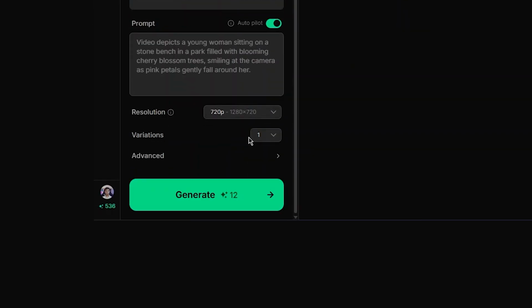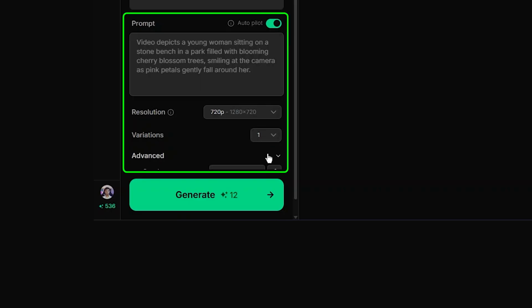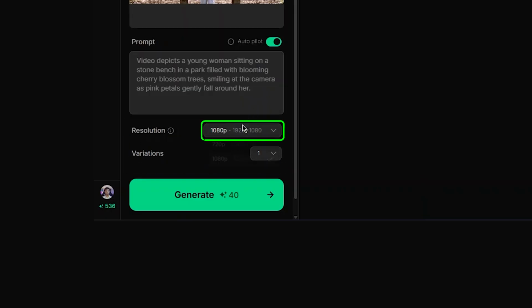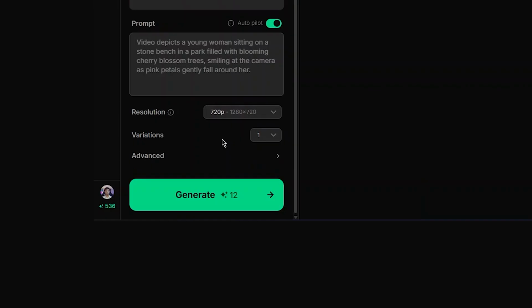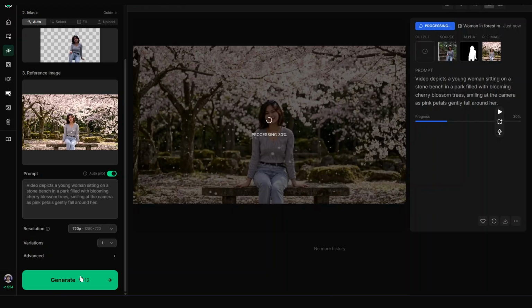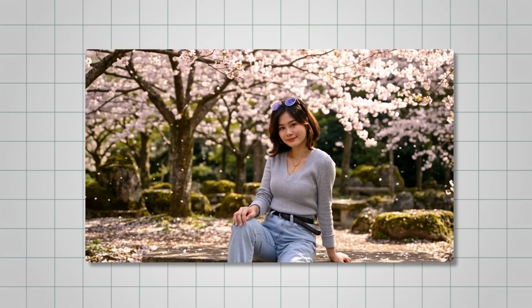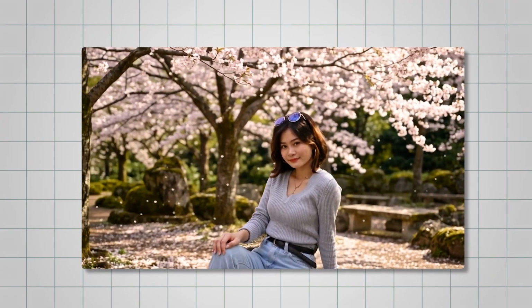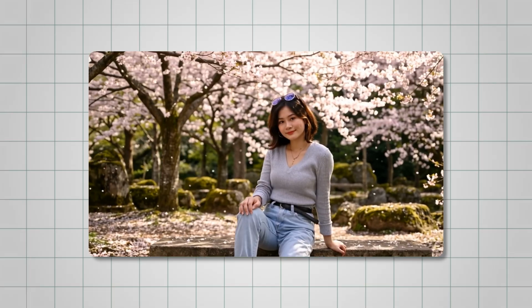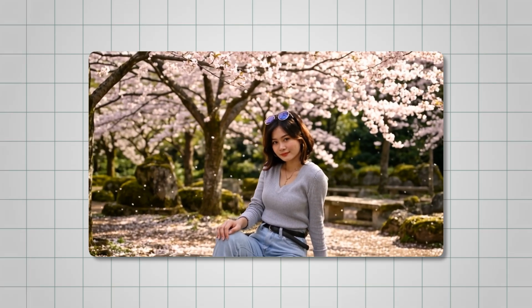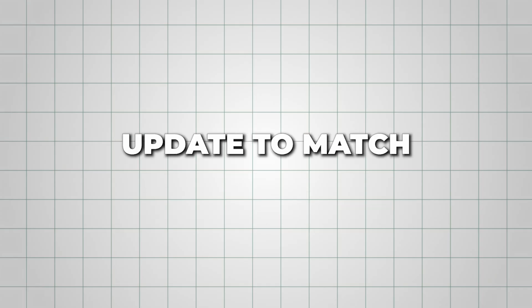For the video settings, I will keep the same prompt as generated. Set resolution to 720p to save credits and keep variations at 1. Now hit generate and wait for the output. Here's what you get. The background shifts naturally into cherry blossoms, lighting adjusts correctly, and even reflections in the sunglasses update to match the